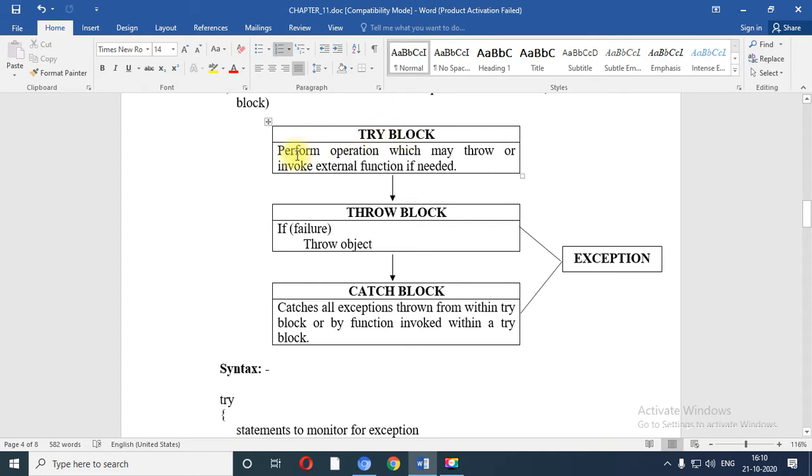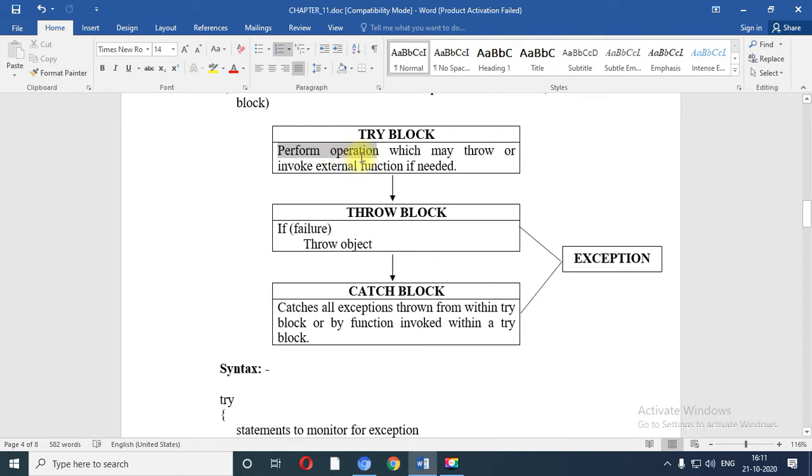Try will try to perform the operations, which may throw or invoke an external function if needed. Now the throw block: if any failure occurs, at that time it will throw a particular object. And what is the role of the catch block? Catch catches all the exceptions thrown within the try block or by any function invoked within a try block.